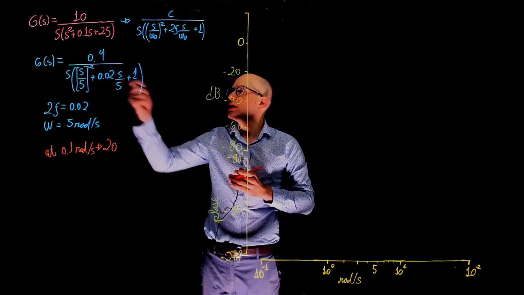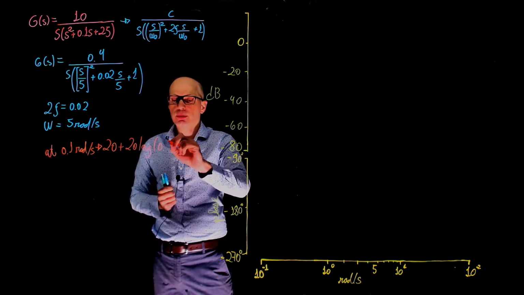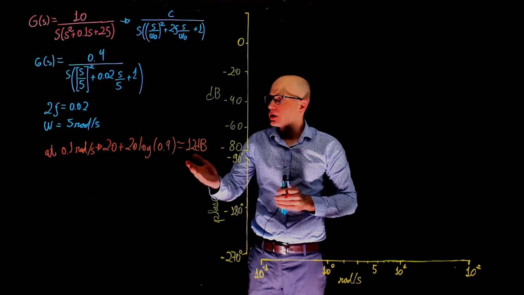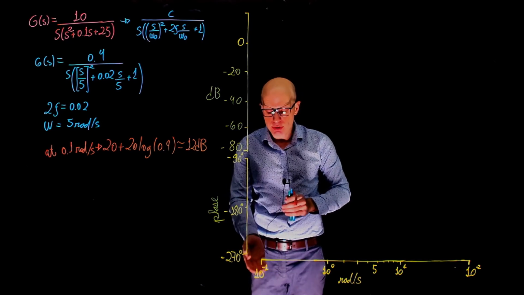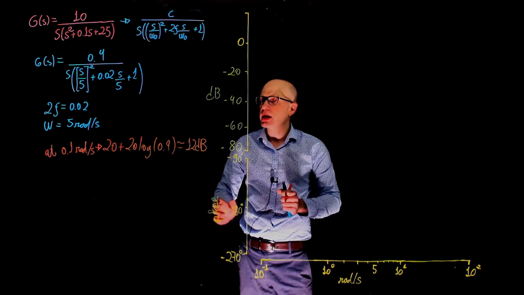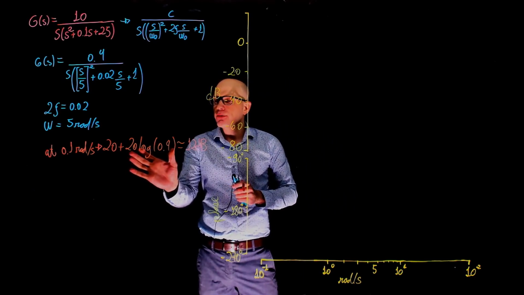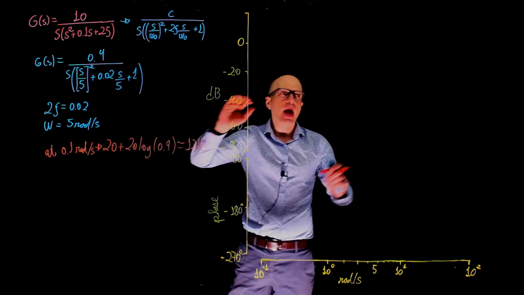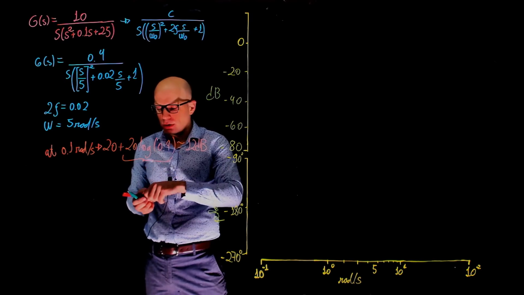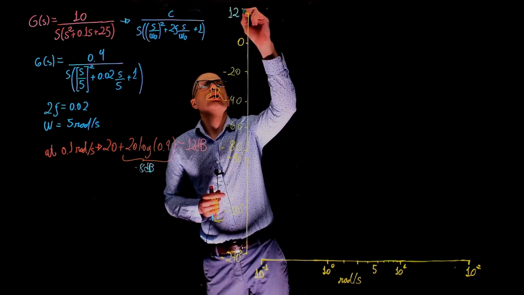We also have at low frequencies this gain here at 0.4. So we need to account for that. So we have 20 plus 20 log of 0.4. And this is approximately 12 dB. So this is the initial value of the Bode plot at the chosen initial frequency here of 0.1 radians per second. If we go 1 decade back, then what would be the magnitude there? If we go to 0.01 radians per second, it would be 12 plus 20. Remember that this 20 log of 0.4 is coming from here, and it's shifting the entire Bode plot down by specifically 8 dB. Right? This is 20 log of 0.4 is negative 8 dB. Very well, so at 10 to the power of negative 1, we should start our Bode plot at 12 dB,